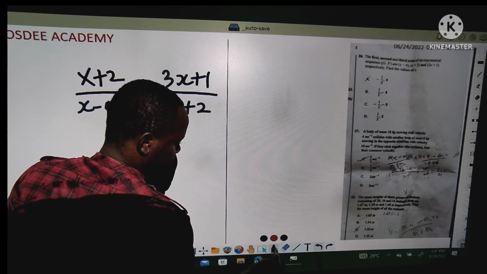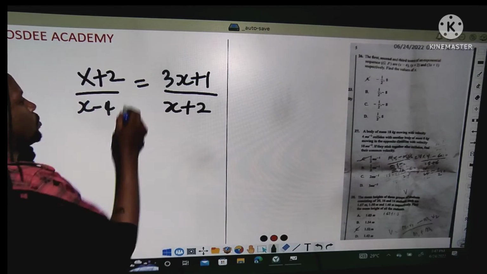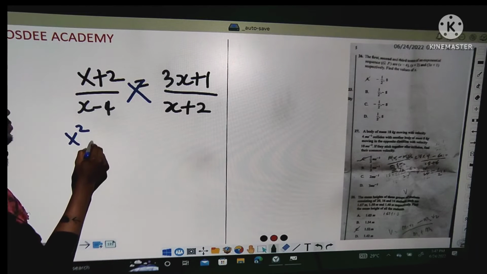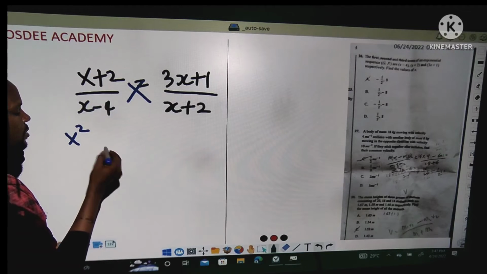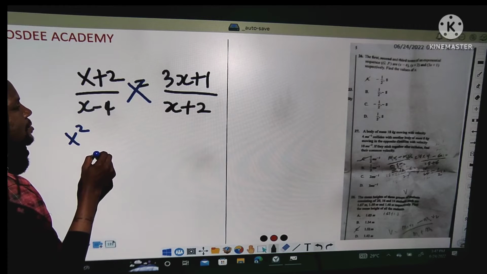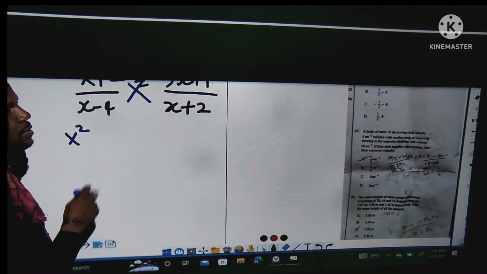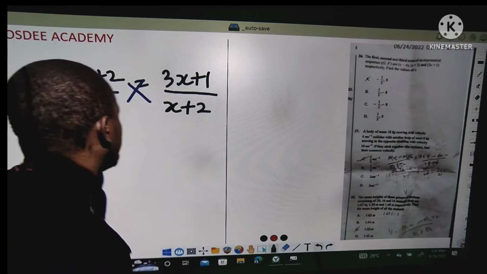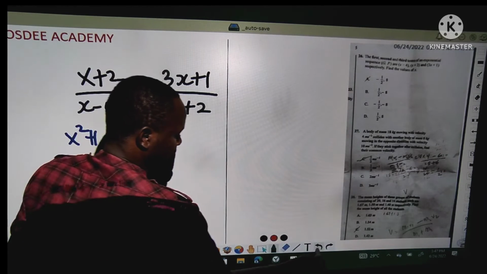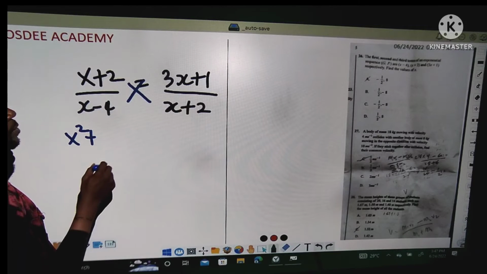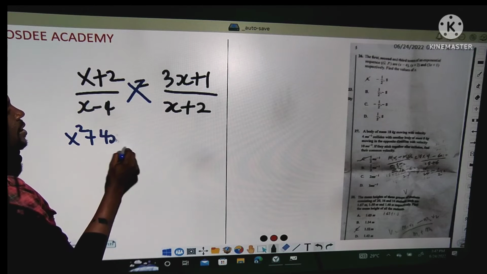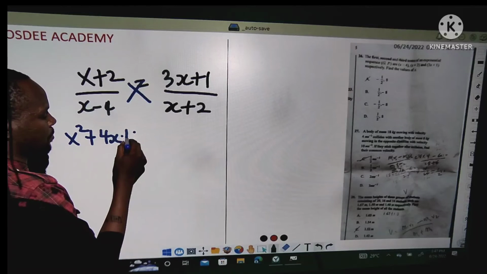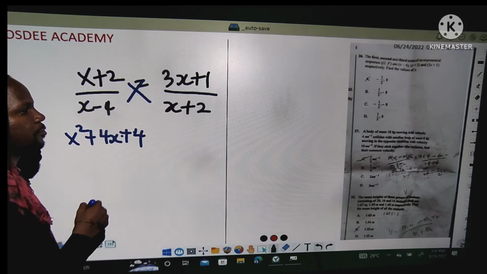Let's do that together, at least for now. So we cross multiply and solve this quadratic equation. x squared plus 4x plus 4. Please do this thing right, I don't have time for all these things. Apologies guys, the pen is not working properly. I'm supposed to close the program and restart, but I've already started the class, I can't do that now. So x squared plus 4x plus 4